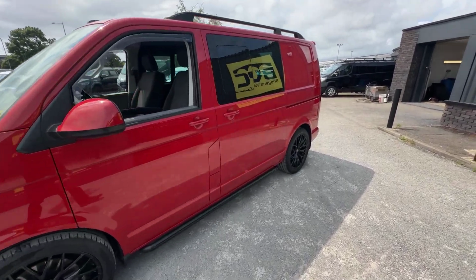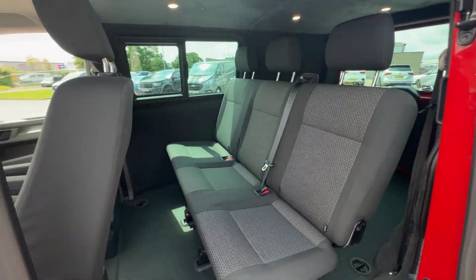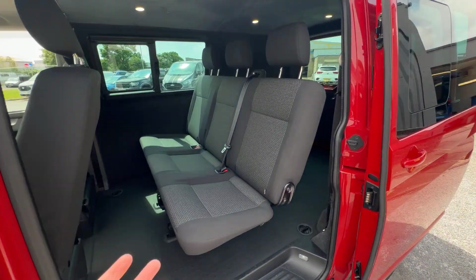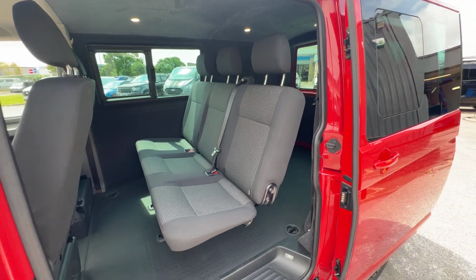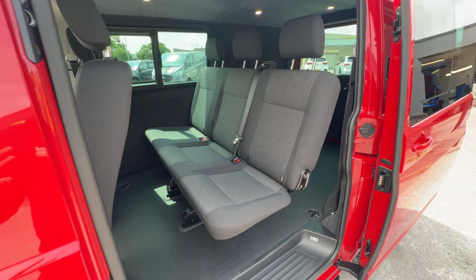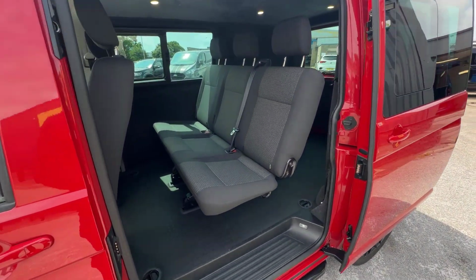a few years later. When we supplied it, it was on 20 odd thousand miles, I believe, and it had a Volkswagen service at 15,000. The previous owner that we sold it to has kept up a really nice Volkswagen service history as well. So we've got services at 15,000, I believe 37,000, and then most recently at 58,000, which was only in